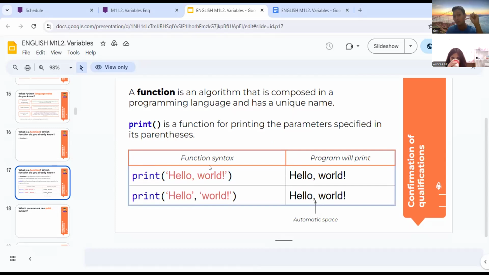You can use single or double quotes, but the beginning and the end must match. If you have more than one piece of text, you can use a comma as the separator. It will automatically add a space. Here there is no space, but when you add a comma, it adds a space automatically. Okay, next.